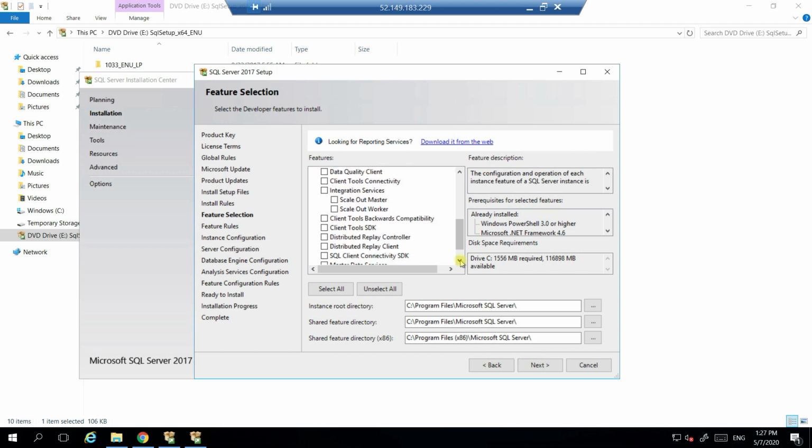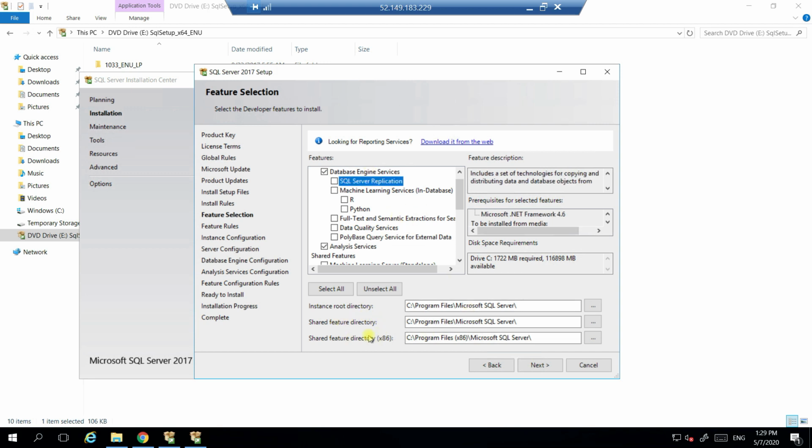We have Integration Services here as well, which is optional, so select whichever is required for your work. Mainly what we are focusing on currently is the database engine and analysis services, and SSIS. So just click on these three things: Integration Services, Analysis Services and Database Engine Services.